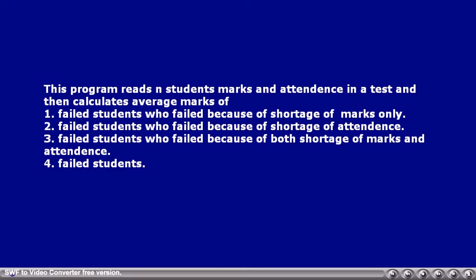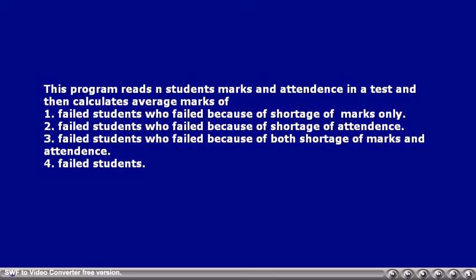In order to pass, a student should get a minimum of 35 marks in a test and attendance should be at least 62.5. However, remember that the fourth category, that is average of failed students, indicates the sum total of all the failed students.